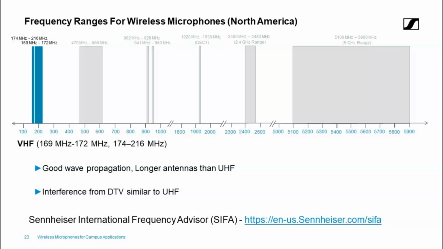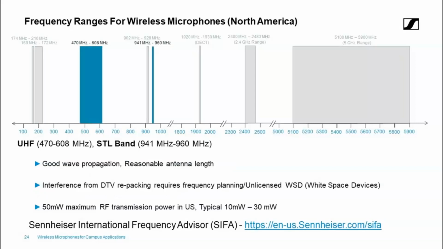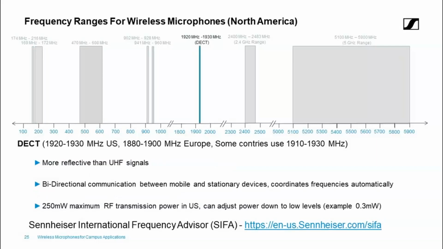The UHF range has gotten a lot more crowded, though, because of the transition of the 600 megahertz being sold off to the telecommunication companies. So you've seen a lot of broadcast channels come down into the 500 megahertz range. And we'll show you some scans showing that. So it has become more crowded. So we are looking at some other upper ranges now, and there's a lot of this technology that's available. The one that he did show you was the 941 to 960 megahertz.